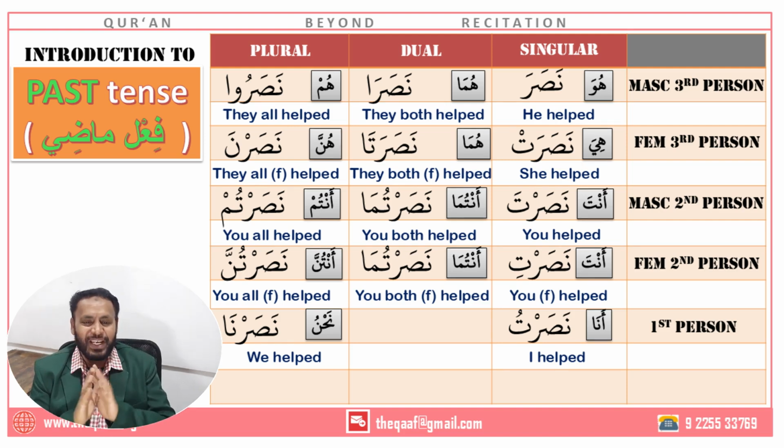So nasara is our base word. This is how we start the table. We always start the table with masculine singular, like the Muslimun table. Muslimun was masculine singular, right? Nasara is also masculine singular. In the Muslimun table, what did we do to make the word dual from singular? We just added ani. Here also we will do almost the same thing. We will take the base word nasara and add, instead of ani, just an a. We will not add the noon part.